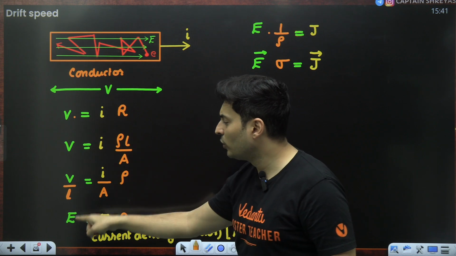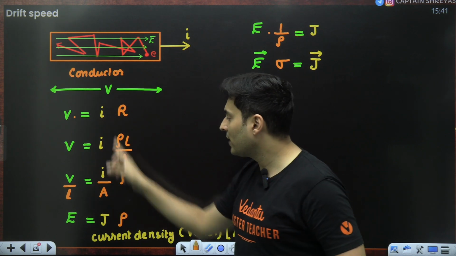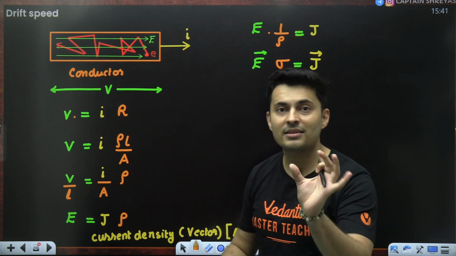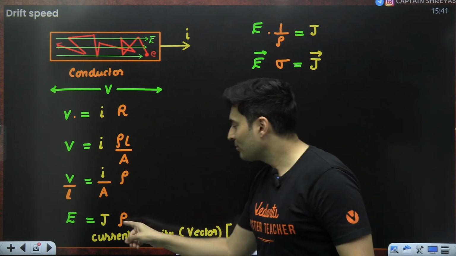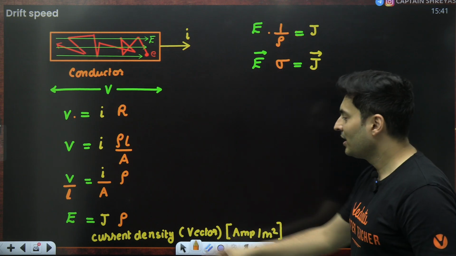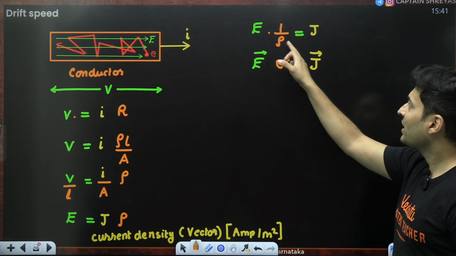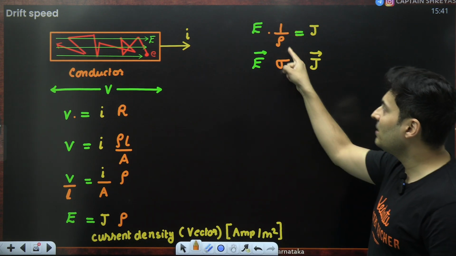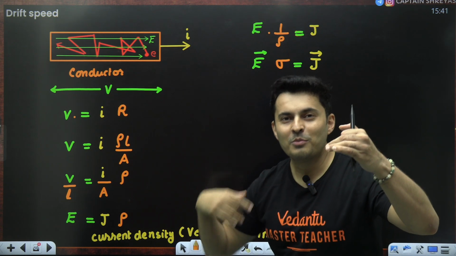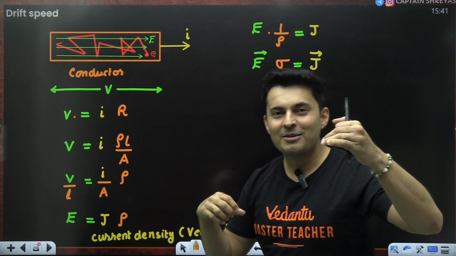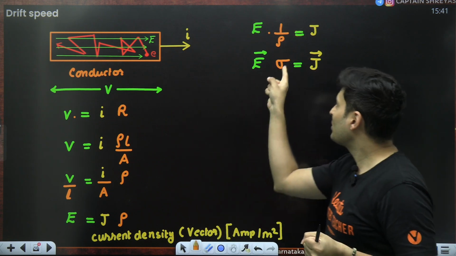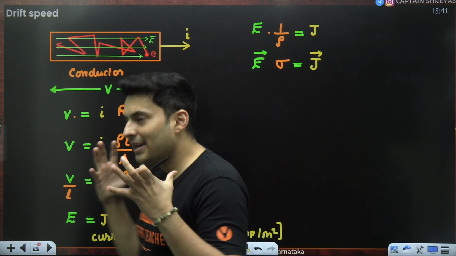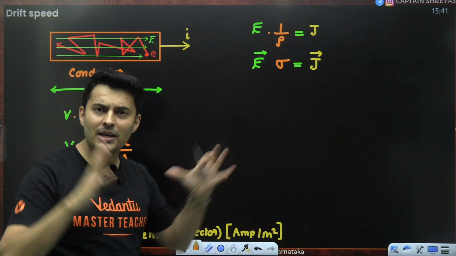Instead of voltage, it is voltage per unit length, which is field. Instead of current, it is current per unit area, which is current density. Instead of resistance, you have resistance per unit length per unit area. So that is resistivity. Great. So shifting the resistivity slightly onto the other side, it will become 1 by rho. What is 1 by rho? 1 by resistivity. More resistance, less conductivity. Less resistance, more conductivity. So this is your conductivity. So E sigma is equal to J becomes your next additional formula where you have again many questions based out